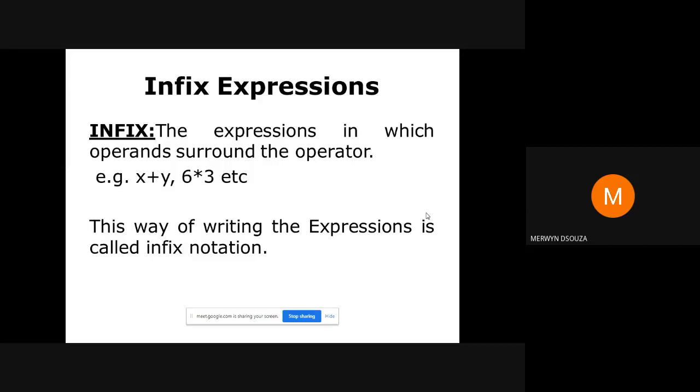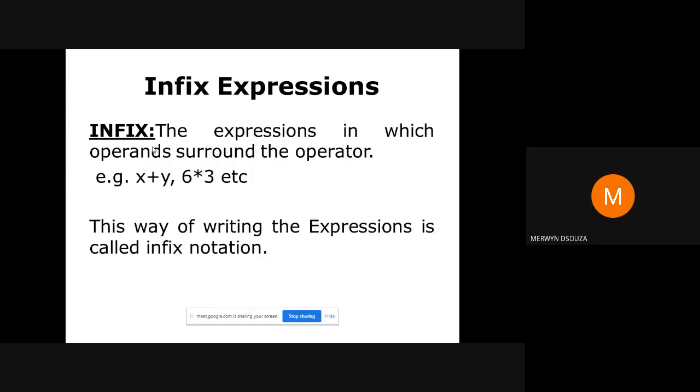So this is the definition of an infix expression. Before I tell you what an infix expression is, remember that the variables in the expression are referred to as operands, and all the operators are known as operators themselves. The operators are plus, minus, multiply, divide; all the signs are your operators, and the variables are your operands.